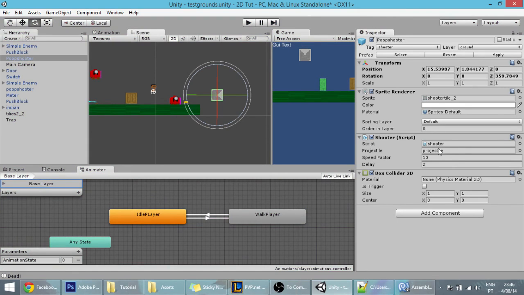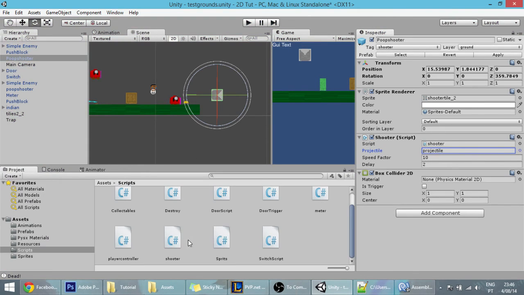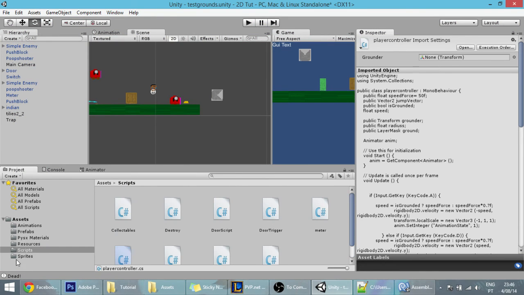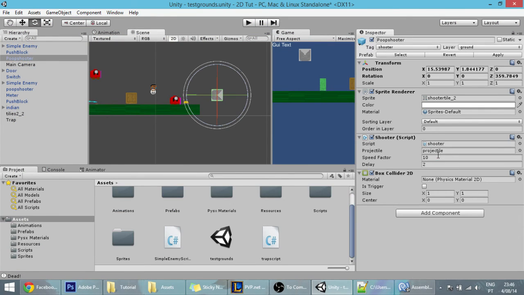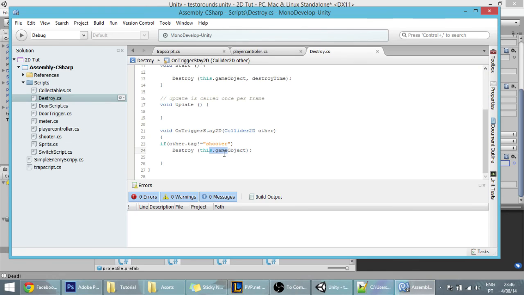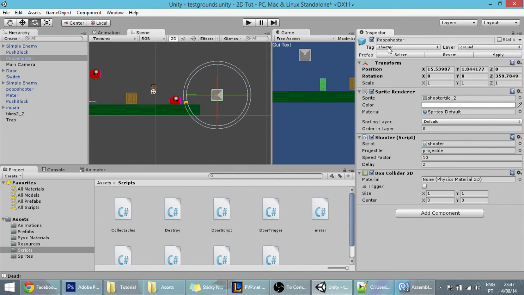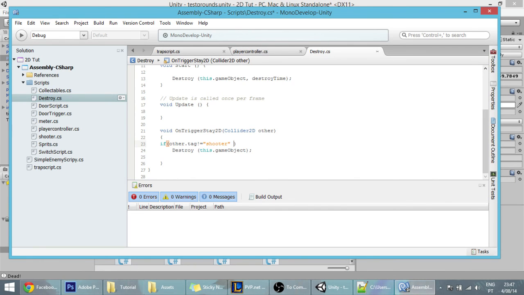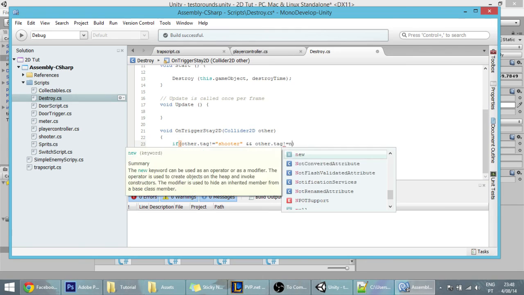And if you recall the projectiles, you can even open the script of the projectile, which was the destroy script, if I recall. Let me see. Yep. Destroy itself if other tag isn't shooter. So you can see those projectiles destroy themselves if other tag isn't this, which is a shooter. And we're going to also add a new clause, and if other tag isn't equal to neutralized,